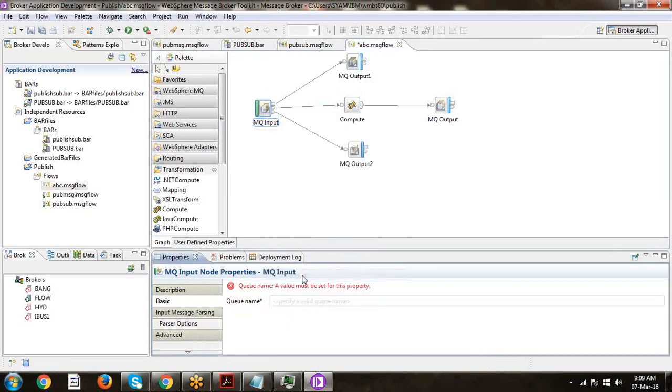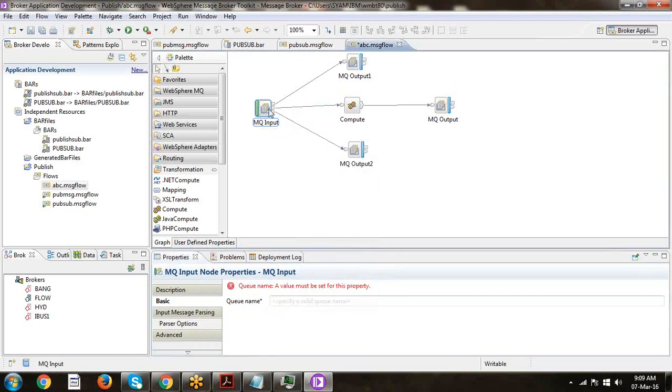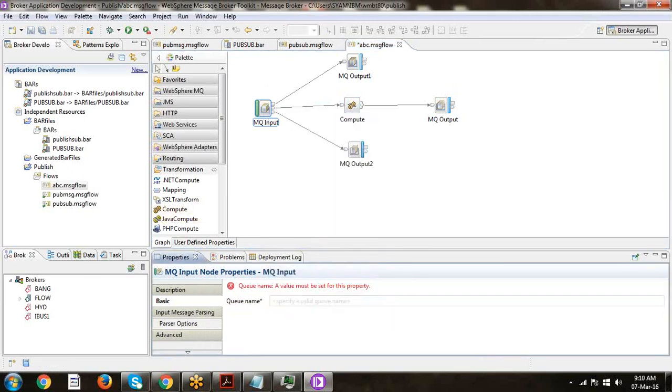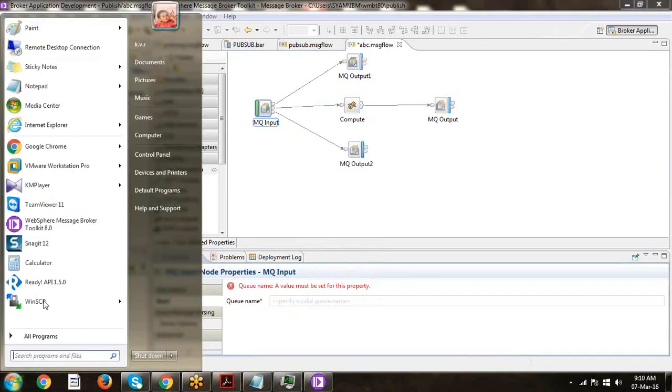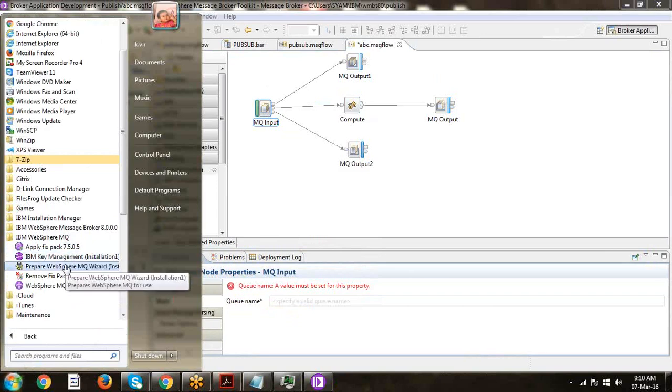If I go to the properties here... Sorry, not here. For example, we are creating a queue, right? Our application is writing messages here, and that has to be delivered to the destination.